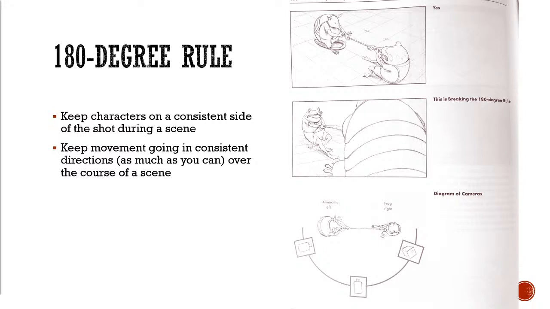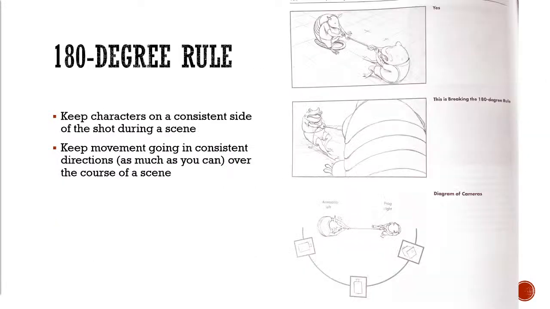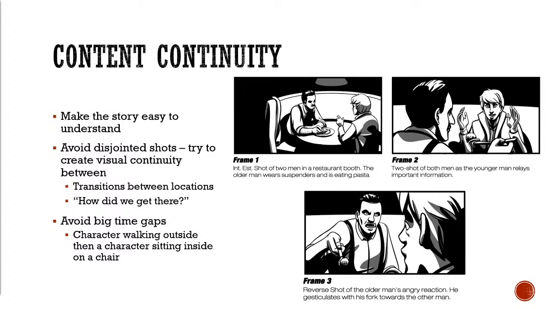So that's the thing about this rule, it's mostly where your camera is, and why it's important is you could be anywhere on that one side as long as you don't break the other side. And the way that you can think about this is if you look at this set of frames with this conversation between these two characters,